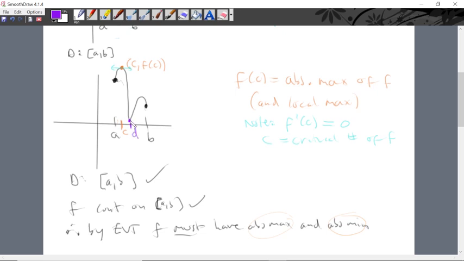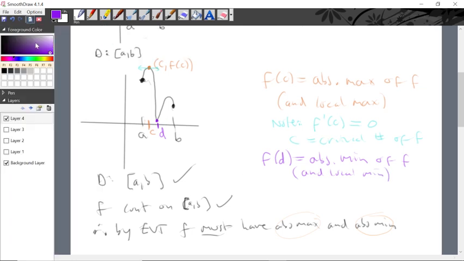D. Okay? That point right there, which is meant to be a corner, I have that f of D is the absolute minimum of the function f. Notice, it's also a local minimum, okay? And I'm trying to make that a corner right there so that I can add into this note,